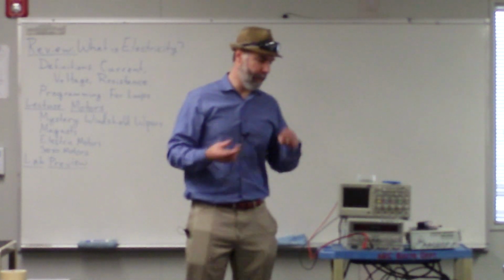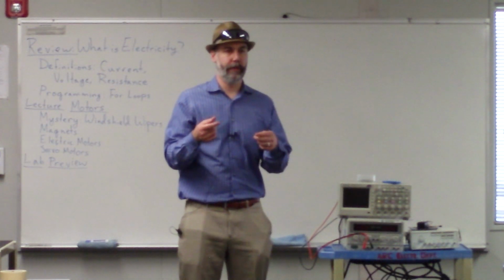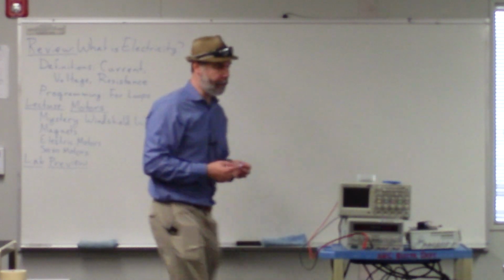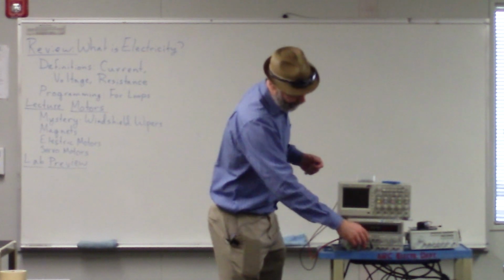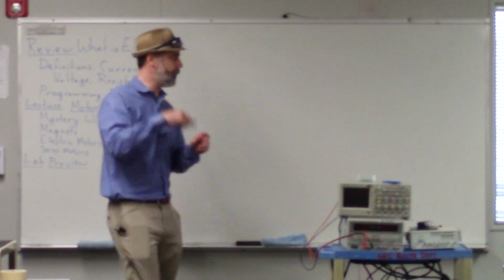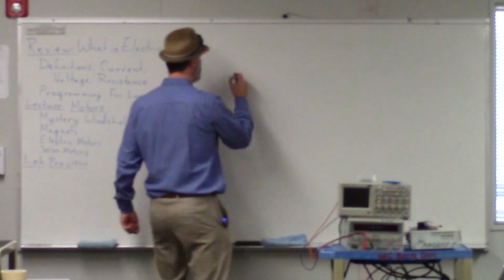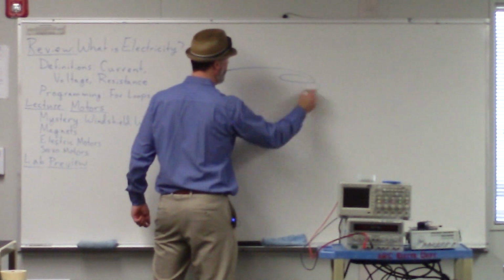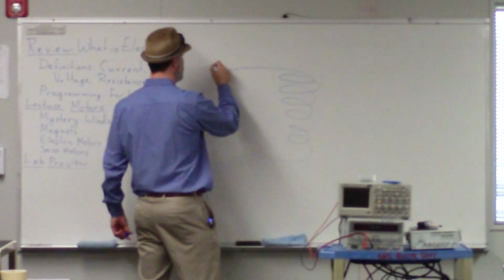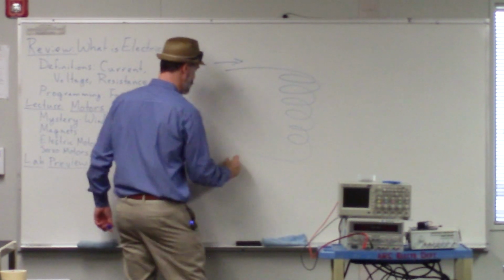And if we switch the polarity of the electricity, in other words, if we make the electricity flow through the opposite way, we switch the poles of the magnet. So what I'm saying is, if we've got this coil of wire and we push the electricity through in this direction,